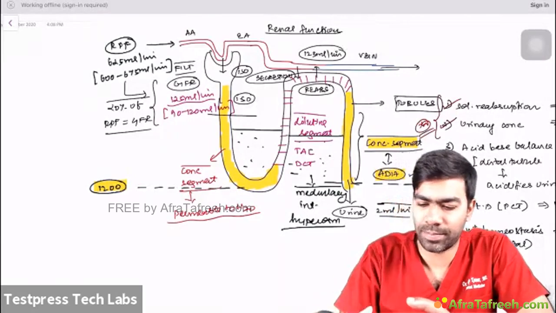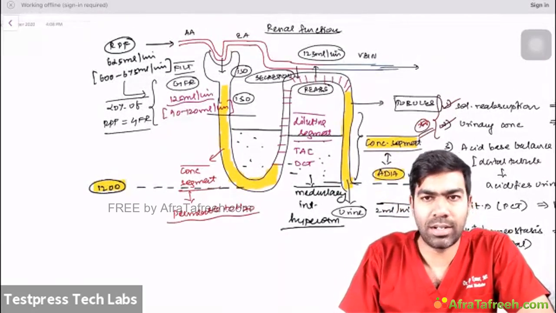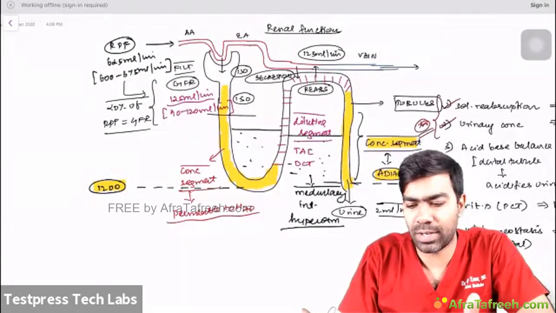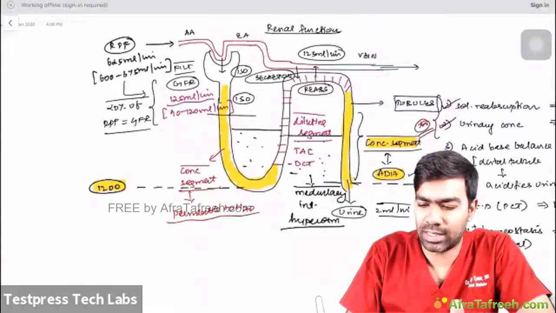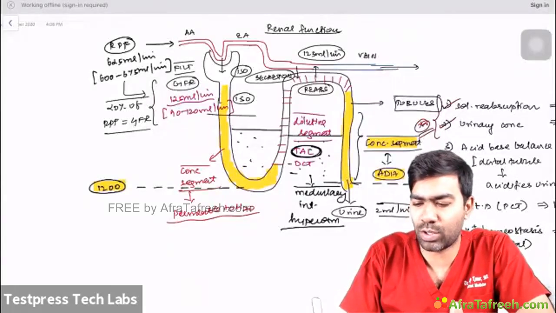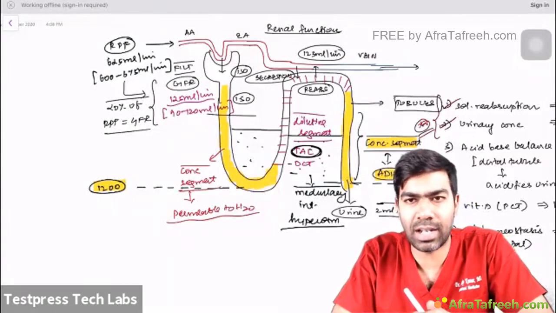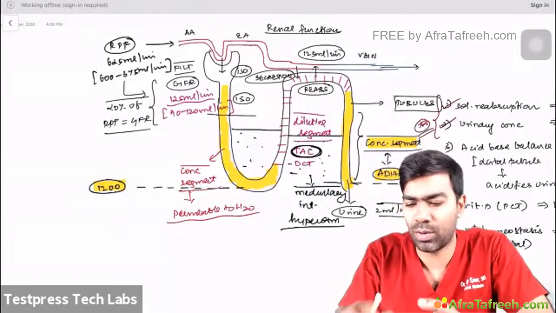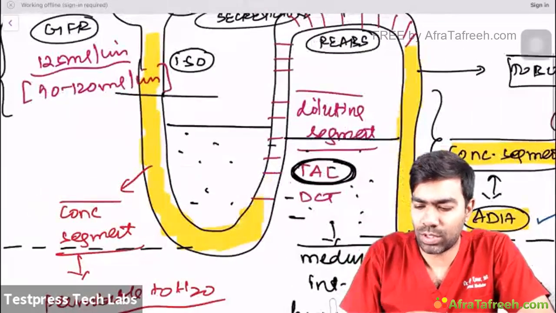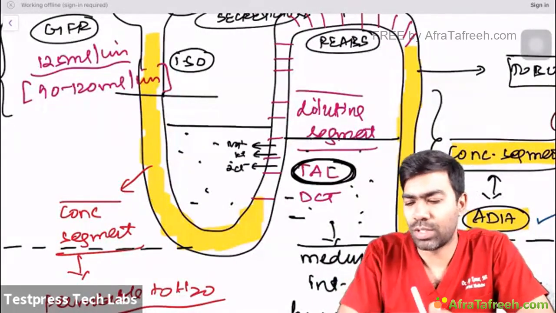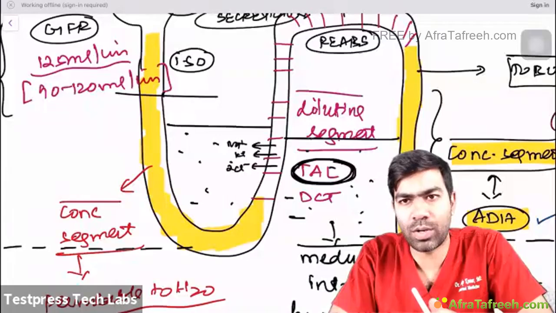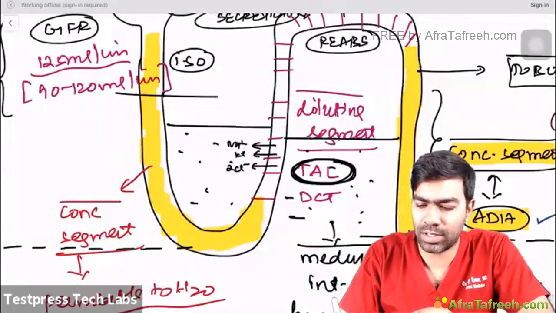And who is actually helping in developing this medullary interstitial hyperosmolarity is the thick ascending limb of the loop of Henle. That's going to be the most important, not the DCT. The thick ascending limb is the one that helps in achieving this medullary interstitial hyperosmolarity. How? Because of the usage of a transporter called the sodium potassium 2-chloride transporter. Using it, they are going to achieve this medullary interstitial hyperosmolarity, which means the sodium that is absorbed will be concentrated